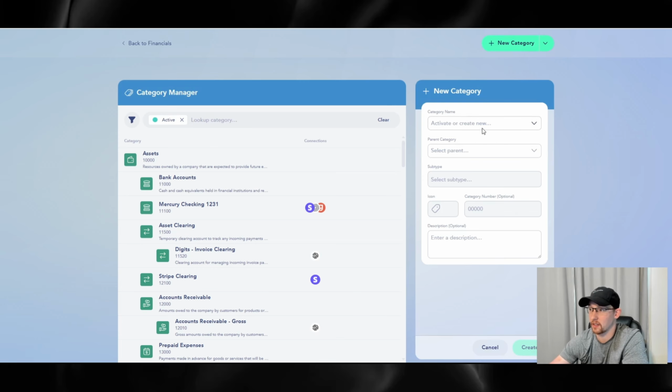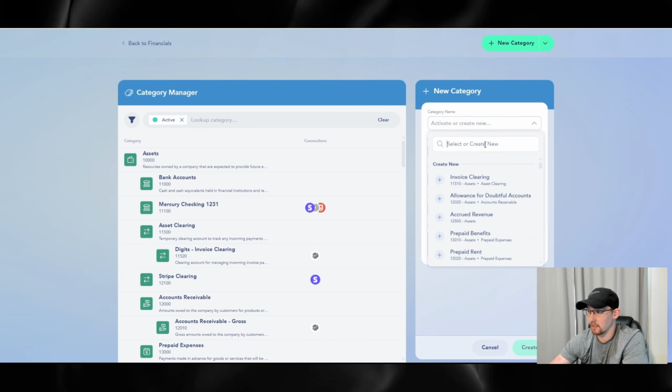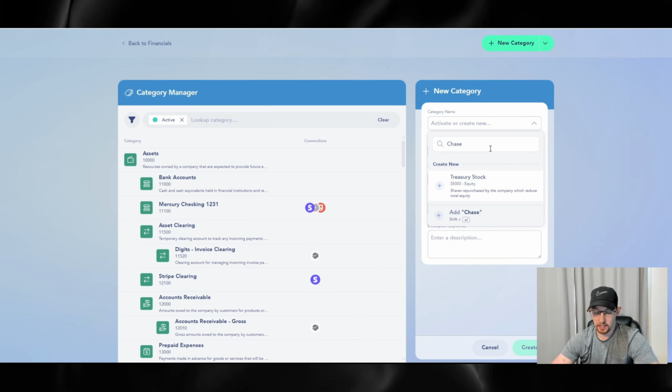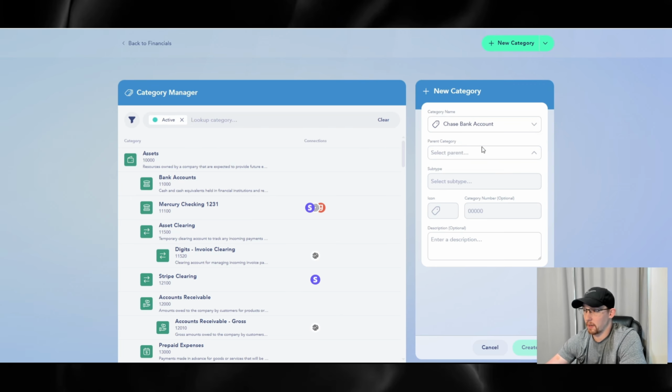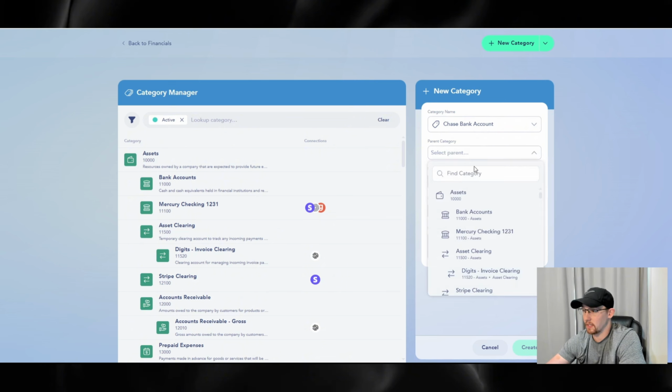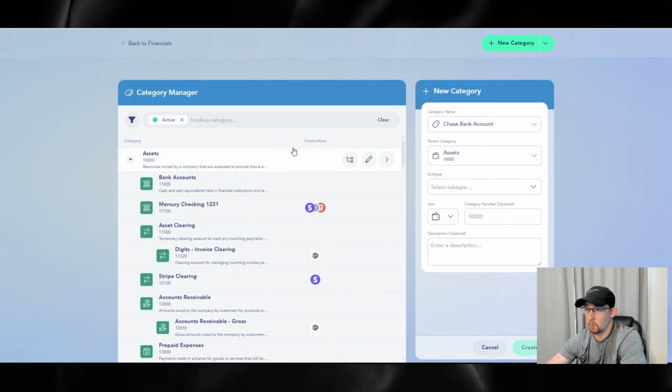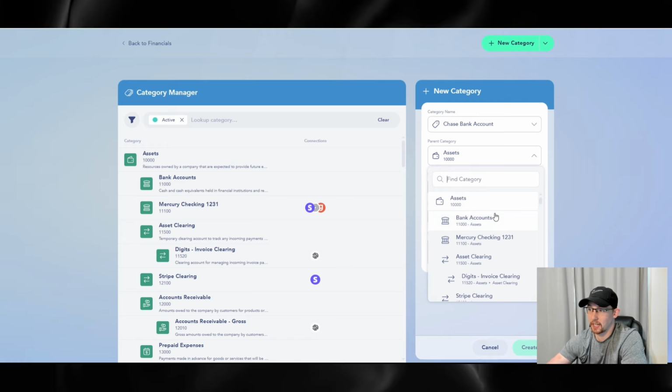So let's make a new bank account. So activate, select or create new. Let's call this Chase Bank account. Select the parent account. Parent account is going to be under assets, or if you want, you can make it a subcategory of a subcategory. So assets is the